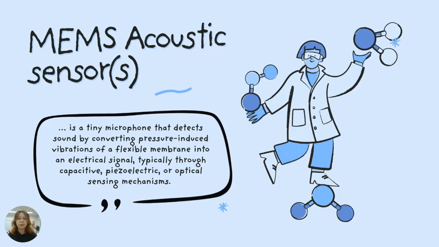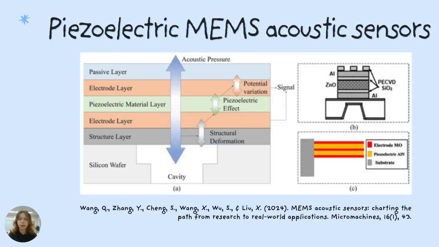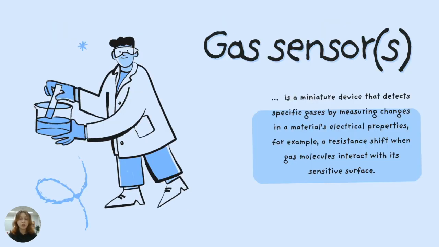So now we know about these systems, how they work, and how they monitor things like imbalance or impact in the Internet of Things. Let's mention acoustic and gas sensors before we move on to the MEMS switches and surface acoustic wave devices. A MEMS acoustic sensor is a tiny microphone that detects sound by converting pressure-induced vibration of a flexible membrane into an electrical signal. Moving from acoustic sensors to gas sensors, a gas sensor is a miniature device that detects specific gases